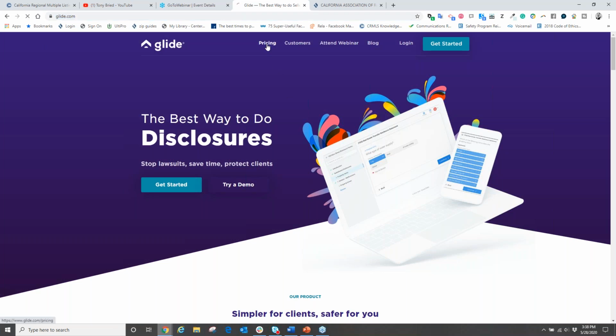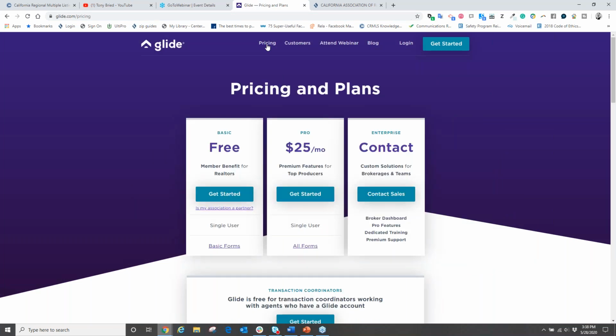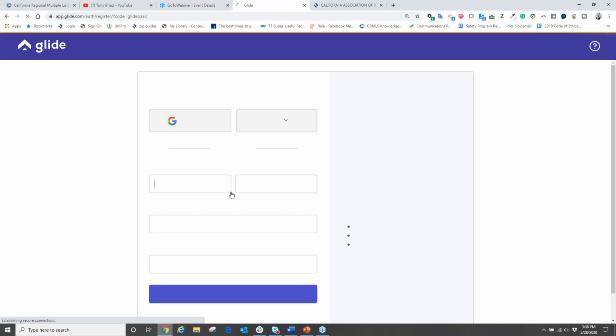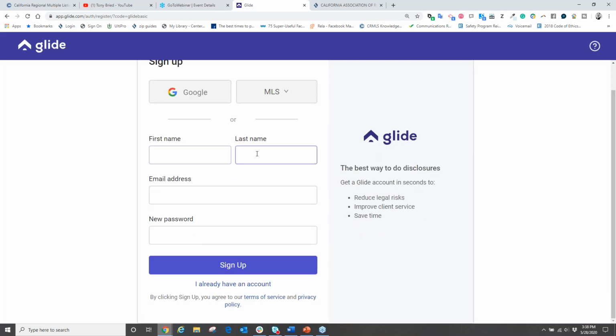Now, because this is a member benefit, this is offered to you absolutely free as a member. Okay? So what you want to do to activate your free member benefit is come over here to where it says basic free for members and for realtors. You're going to then click get started. When we click on get started, we're then going to create an account. We're going to put in our first name, our last name, our email address, create a password. Then we're going to hit sign up. Okay. Now, once we hit sign up,